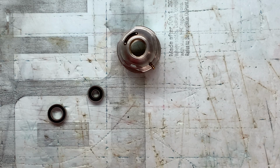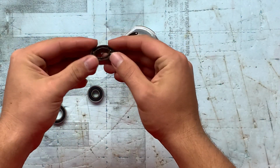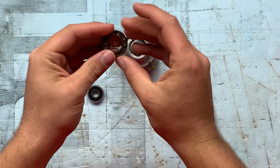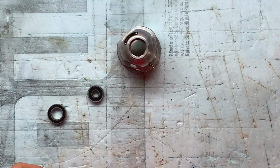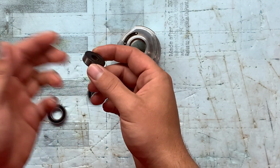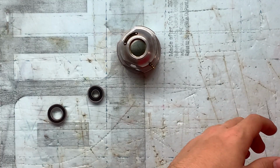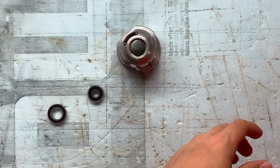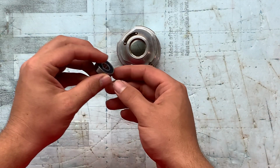Alright, so we're going to go ahead and start off by removing the seals. Obviously, as you can see, this bearing here doesn't have any, it's open on both sides. This one's double shielded, however. I don't know, there's a big discussion on Facebook that I was reading,